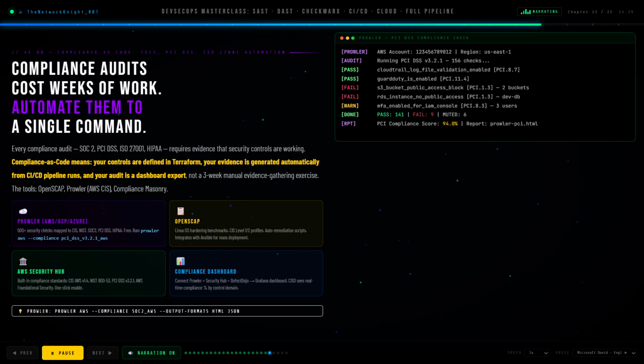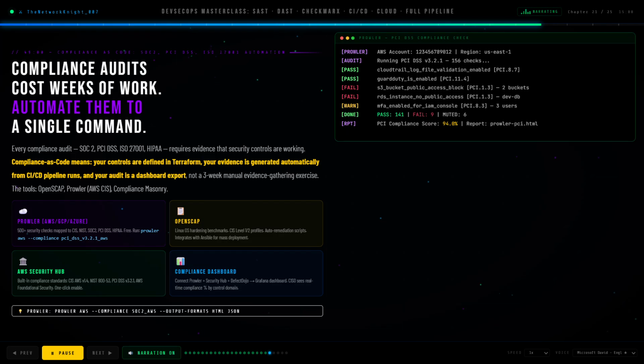It runs 500 security checks mapped to CIS, NIST, SOC2, PCI DSS, and HIPAA against your AWS account. The terminal output on screen shows a real PCI DSS v3.2.1 run: 141 passing, 9 failing, 94% compliance score. You run this in CI/CD weekly, export the HTML report, and your auditor has evidence that your controls were working